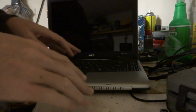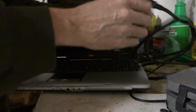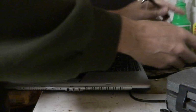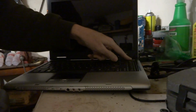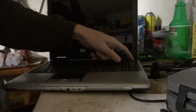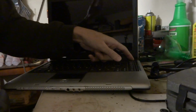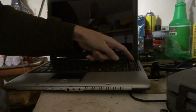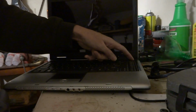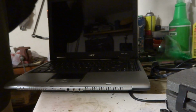So after you do any kind of work to a laptop, you want to always make sure you've got the battery out and it's all unplugged, and remove the battery and hold the power button down for at least 1 minute. That gets rid of any kind of static discharge, if you had any static while it was worked on. Just for a cleaner boot, sometimes they get this static charge and it messes with the boot, so just hold it down for 1 minute and then go ahead and